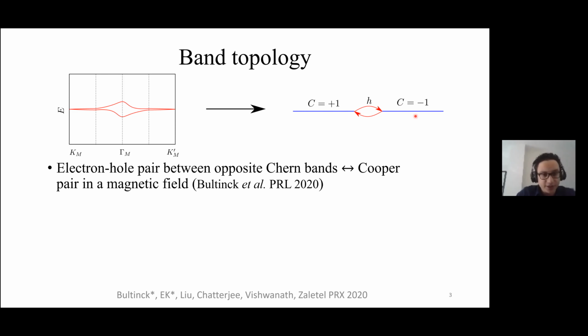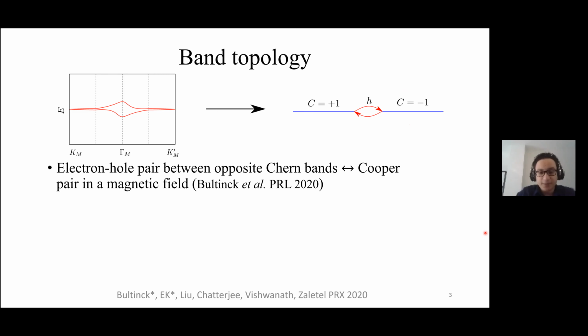But a Cooper pair in a Chern sector is like a Cooper pair in a magnetic field, since a Chern band is like a magnetic field. And we know that a Cooper pair in a magnetic field has to admit some vortices. In fact, the wave function of the Cooper pair in this system winds around the Brillouin zone by 4 pi, which means that it has to admit two vortices of the same vorticity, which precisely translate to these two Dirac cones with the same chirality.